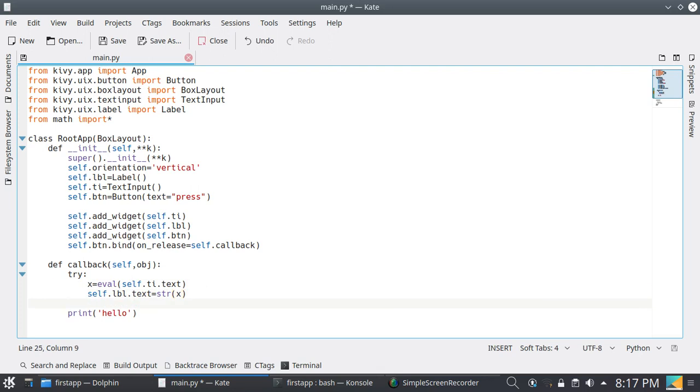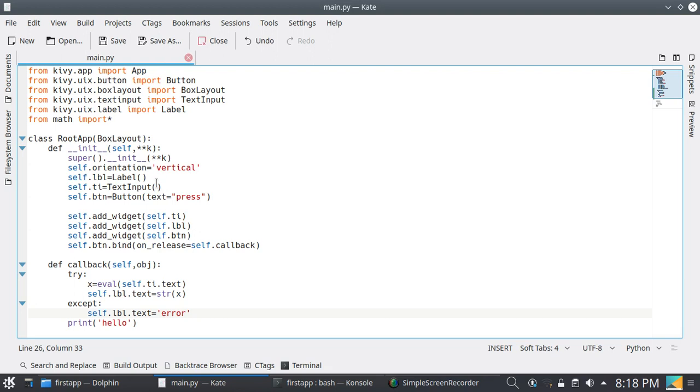If there is any problem, then except: self.label.text equal to error.